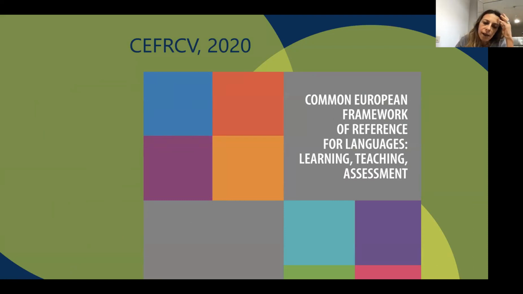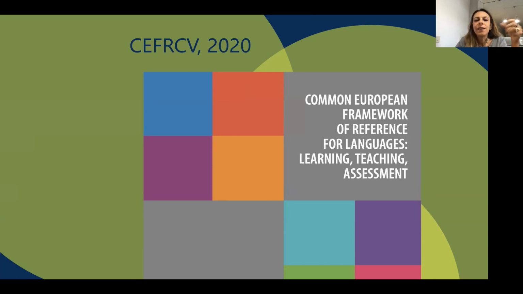As you all know, the original version was published in 2001 by the Council of Europe. Then there was the need to integrate it, to revisit it, because since 2001 a lot of changes occurred in our society, in the knowledge society, so consider the 21st century skills, consider the digital dimension, and so on. That's why the Council of Europe decided to launch a very ambitious consultation with a wide range of stakeholders in order to understand the topics, the dimensions, and the descriptors that needed to be added according to